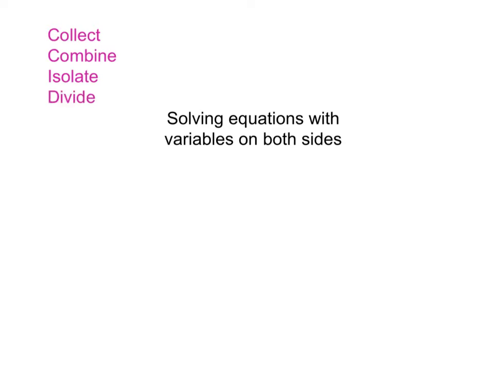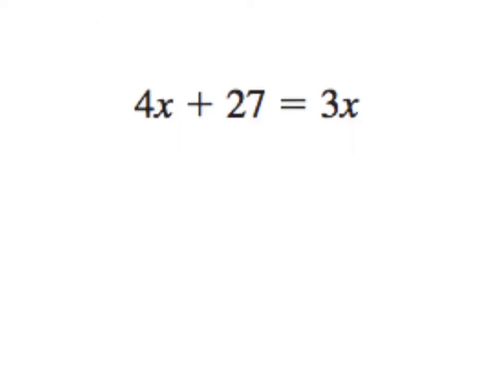So now I'm going to go on to the first problem we're going to show you, and you'll figure out how to solve equations with variables on both sides. Now, first we're going to solve this problem, which is 4x plus 27 equals 3x. First, we're going to collect all of the variables onto one side. So, to do this, we are going to